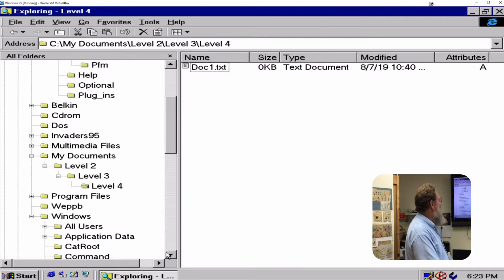Now, you see how it says doc1.txt? So this means that .txt must be a known file extension. It's also a known file association because what program will open up when I double click on this? Well, you see this looks like a little text editor, and on Windows, what's the default text editor? Notepad, right? So if I double click on this,